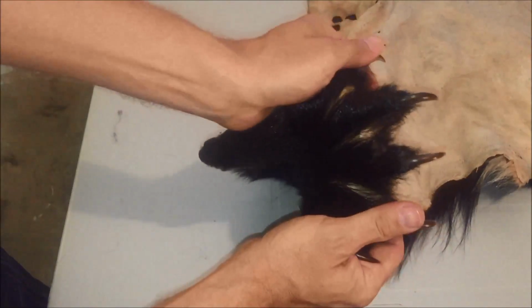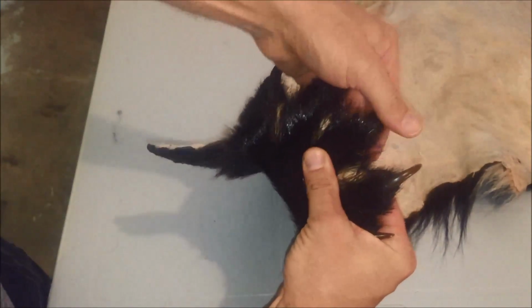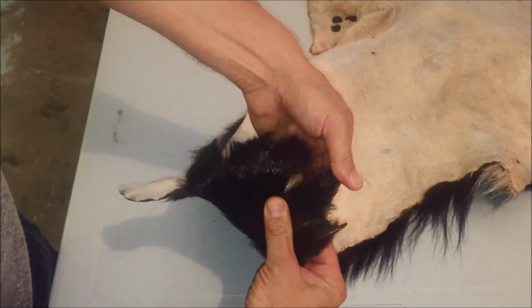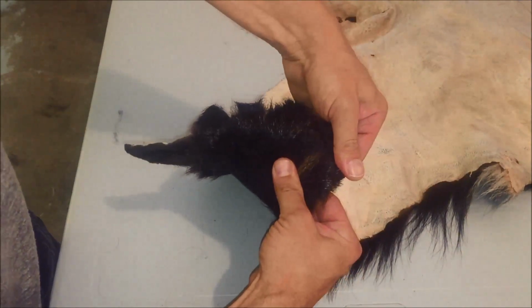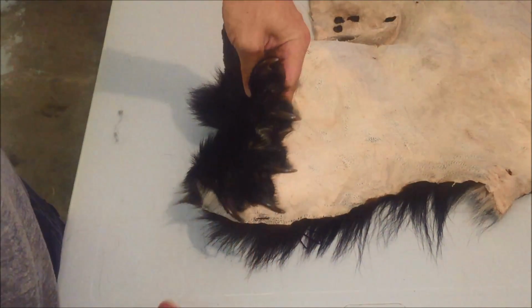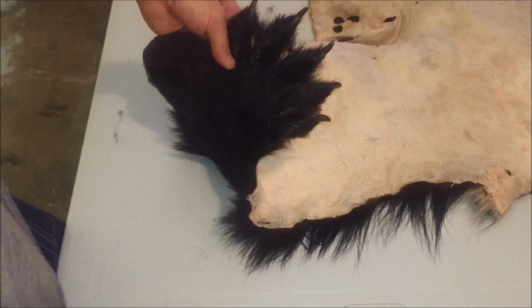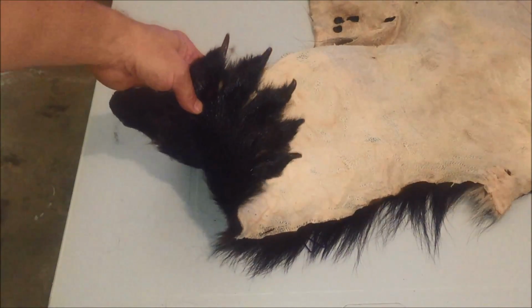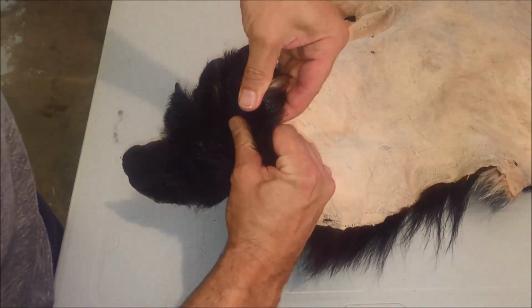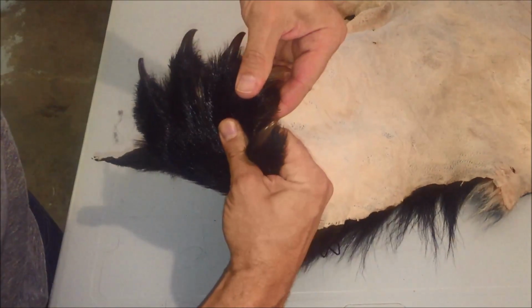And pushing down. And you press down with the claws as well, right? Because these want to curl up and it just doesn't look right. You can even see that this one's starting to want to curl up a little bit. Let's see if you can see that. Let's see if my camera's working here properly. I can't even see this. So yeah, this one's starting to curl up, I see, right? So I want to just pull it down,